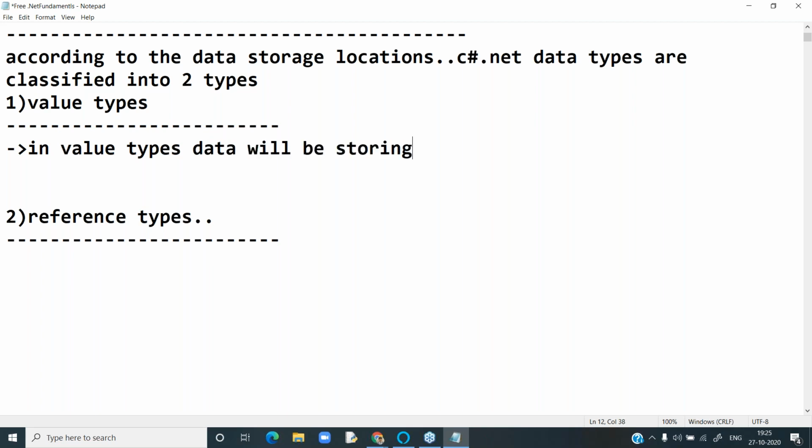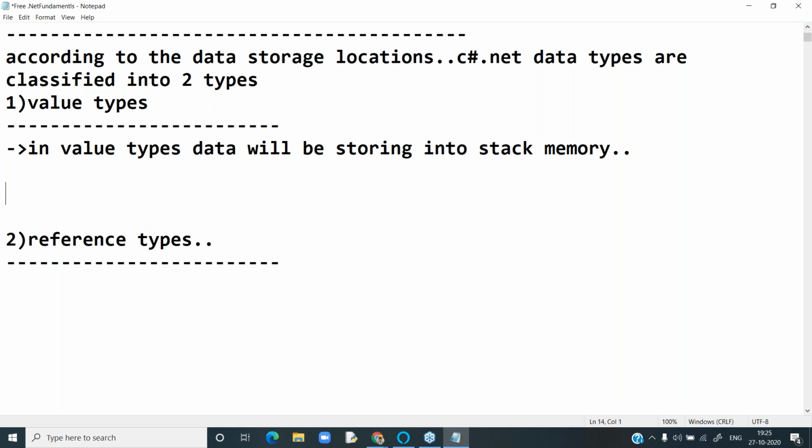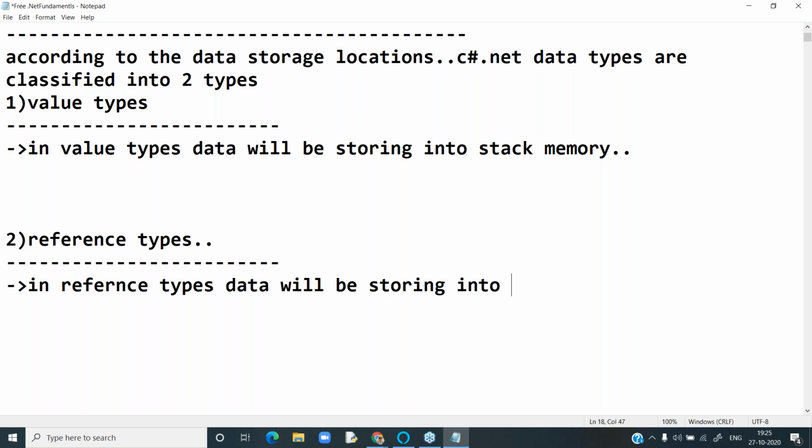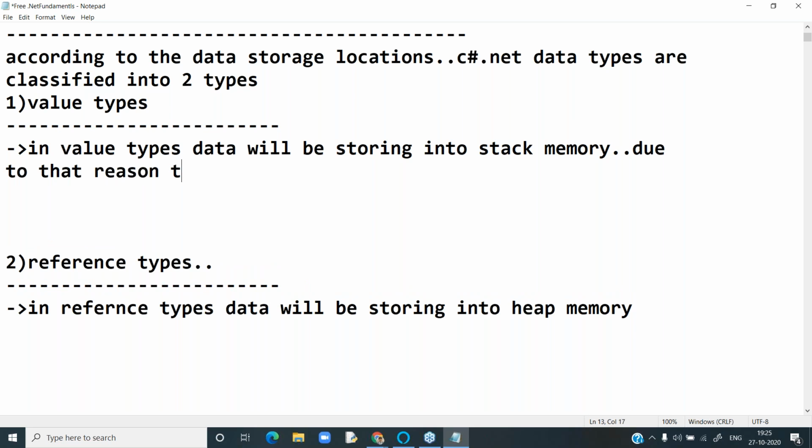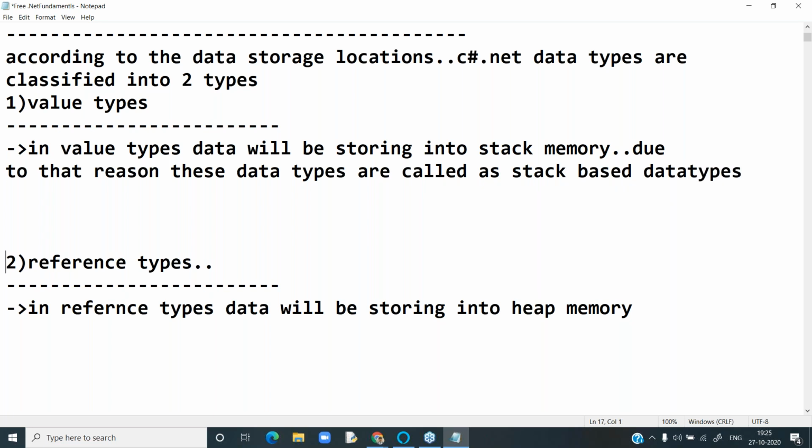Due to that reason, the value types are called stack-based data types, and due to this reason, the reference types are called heap-based data types. This is the main two points.